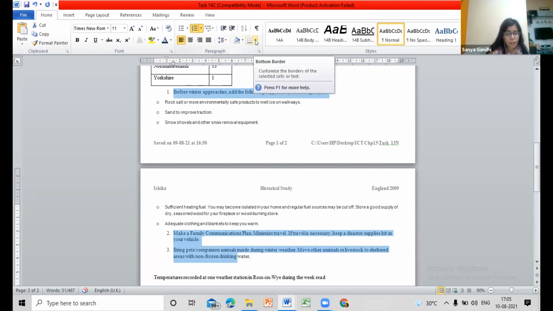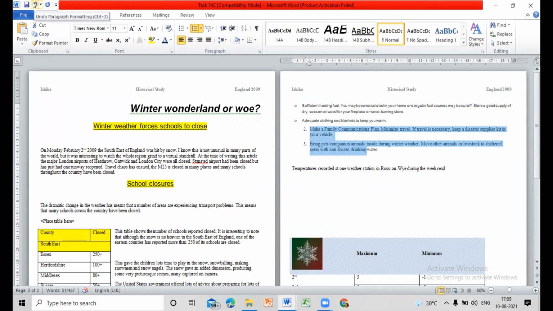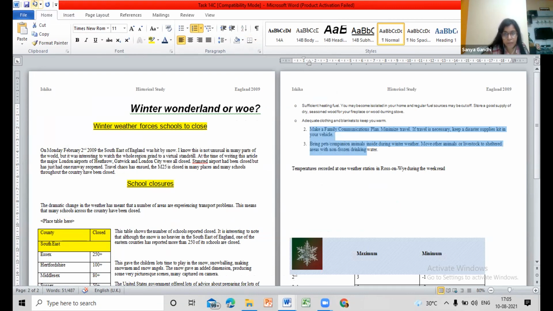Select even the water. Why are you not including the water? Has it done any bad thing, huh? What just happened? It just got zoomed out. It's fine. It's fine. I'll tell you what happened.